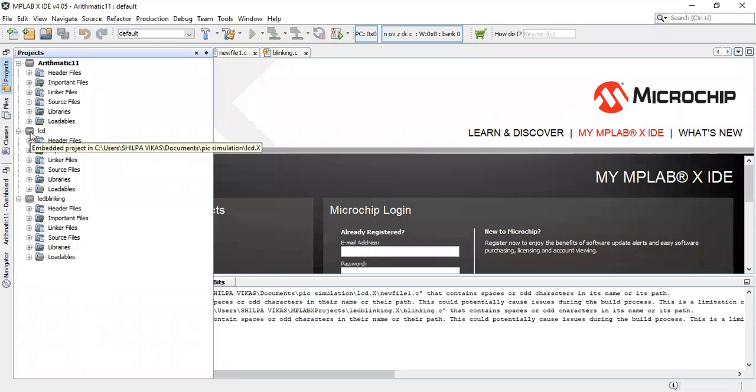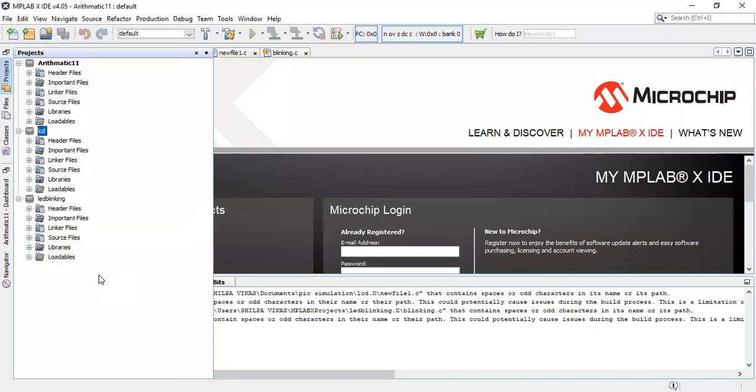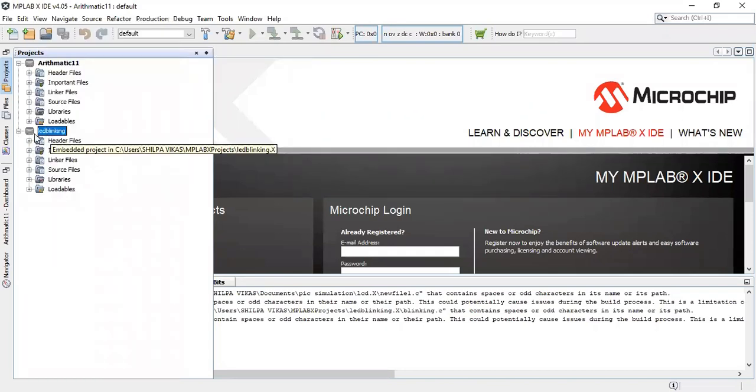You can just click on this and you can remove. Yeah, you can click on the remove option. Here you will get the remove option. No, not remove, close option. So if you click on this close option like this, it will close that project. Okay, the project will get closed.